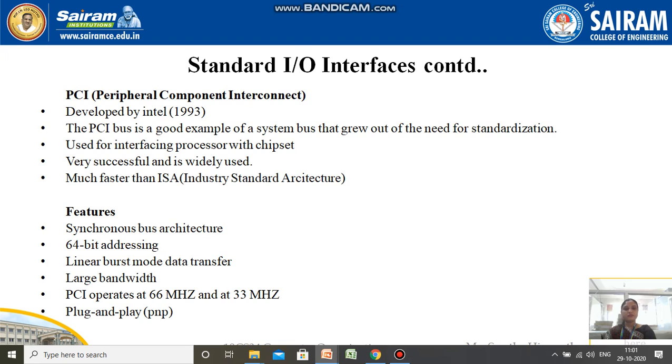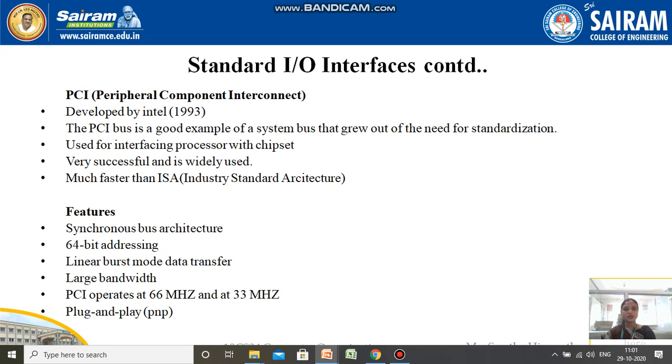That is, all the data is transferred in a burst at a time, and it requires larger bandwidth in order to transfer a large amount of data. The PCI bus operates at 66 megahertz to 33 megahertz, and it also has the main function called plug and play, by using which devices can be connected over this PCI bus very easily.